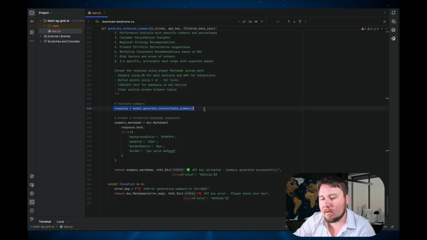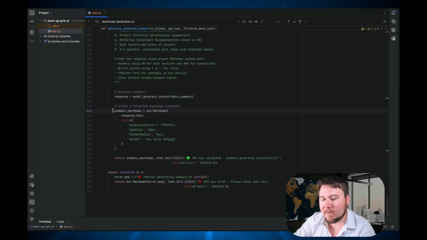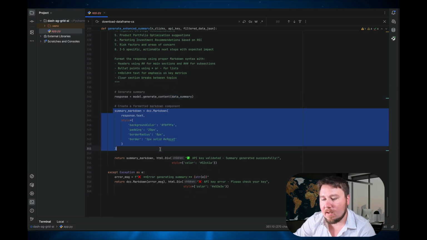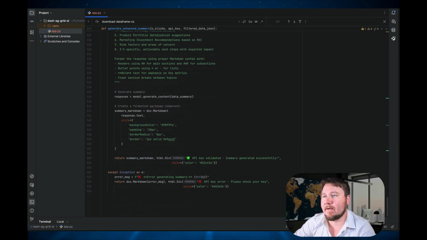So with that, I'm giving the response generative to a model.generate content where I'm passing through that variable data summary. And then I am going to be returning this DCC markdown, and that is going to take in place the summary content. So that's what's actually shown on the Dash application. Lastly, we cannot forget we need to actually run the application. So to run this in a development setting, we just provide an if __name__ equals main app.run, and then we provide a port, and then we can run it, and what we have is